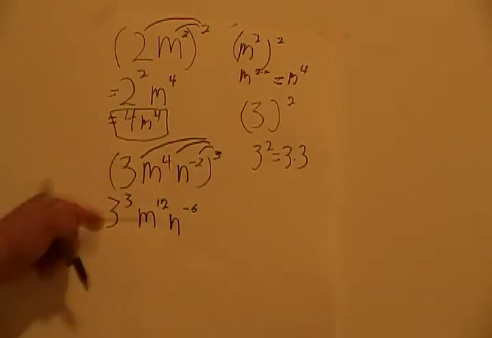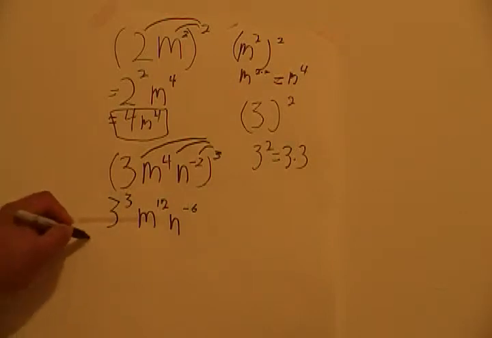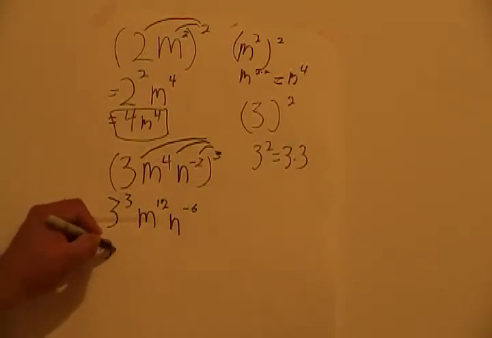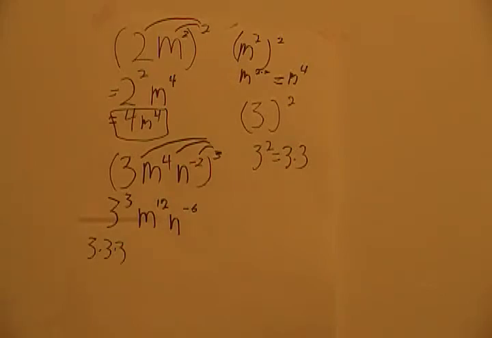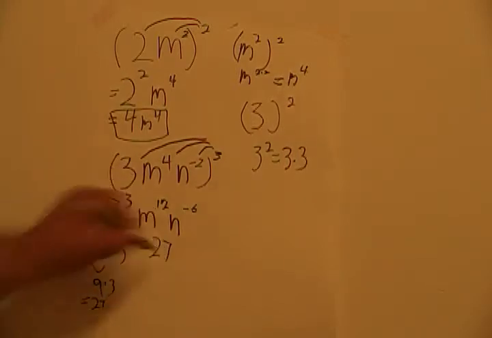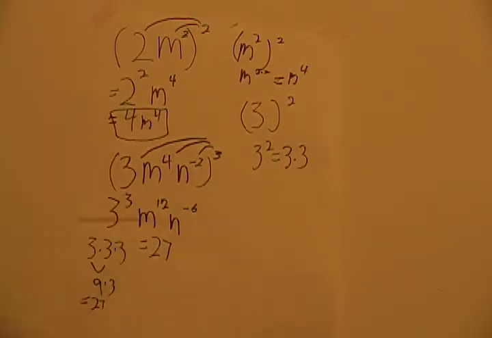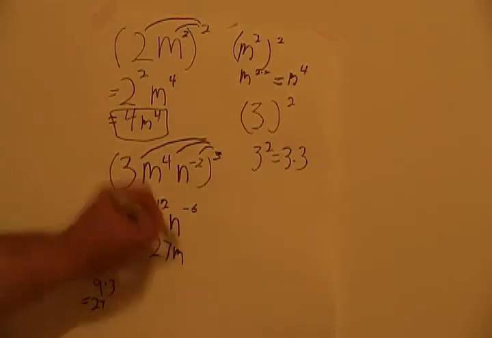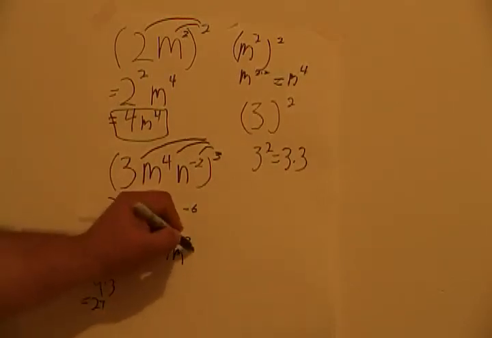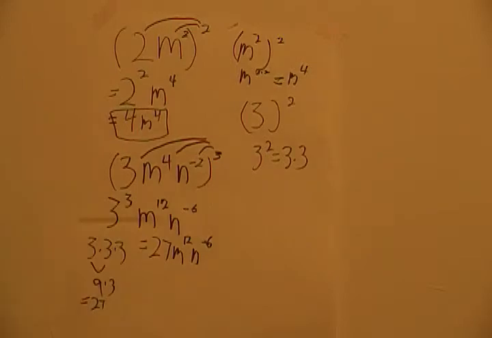We can expand this. So 3 cubed is 3 times 3 times 3. So what's 3 times 3? That's 9. What's 9 times 3? That's 27. So the final answer is going to be 27 m to the 12 n to the minus 6. Sometimes